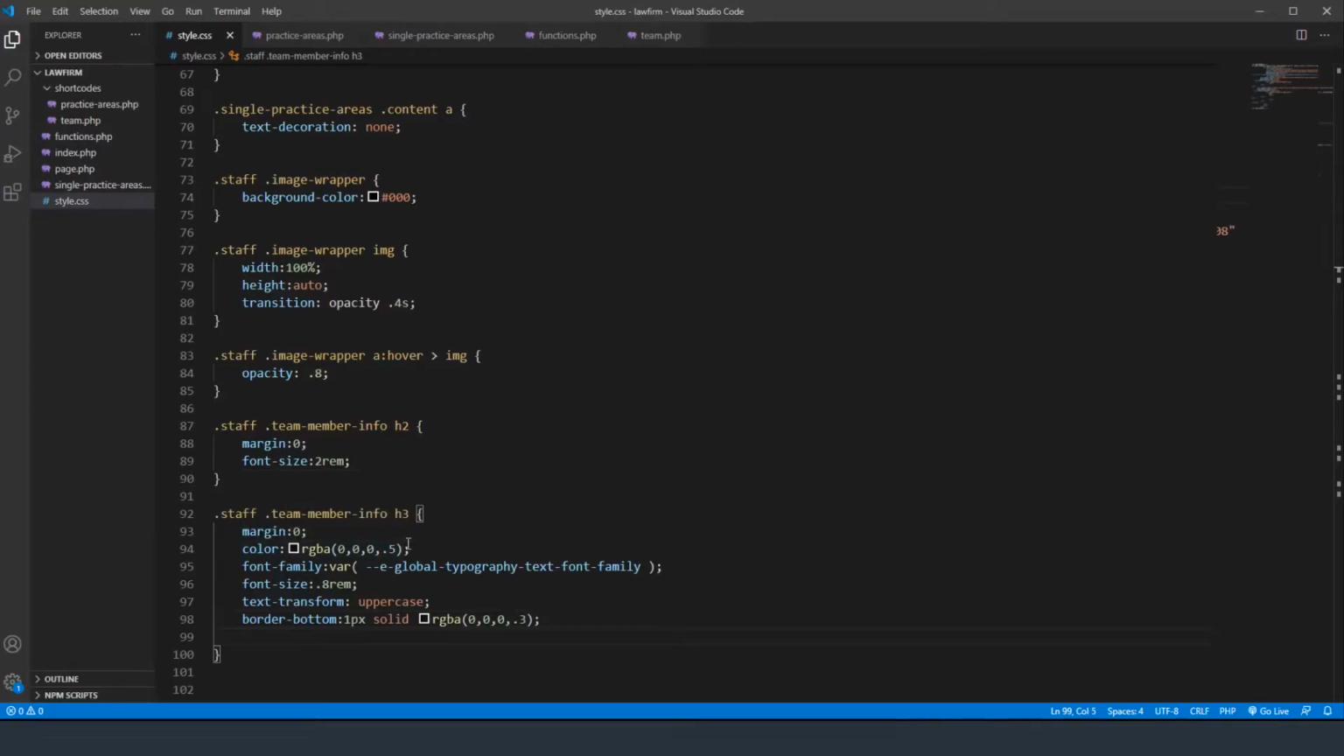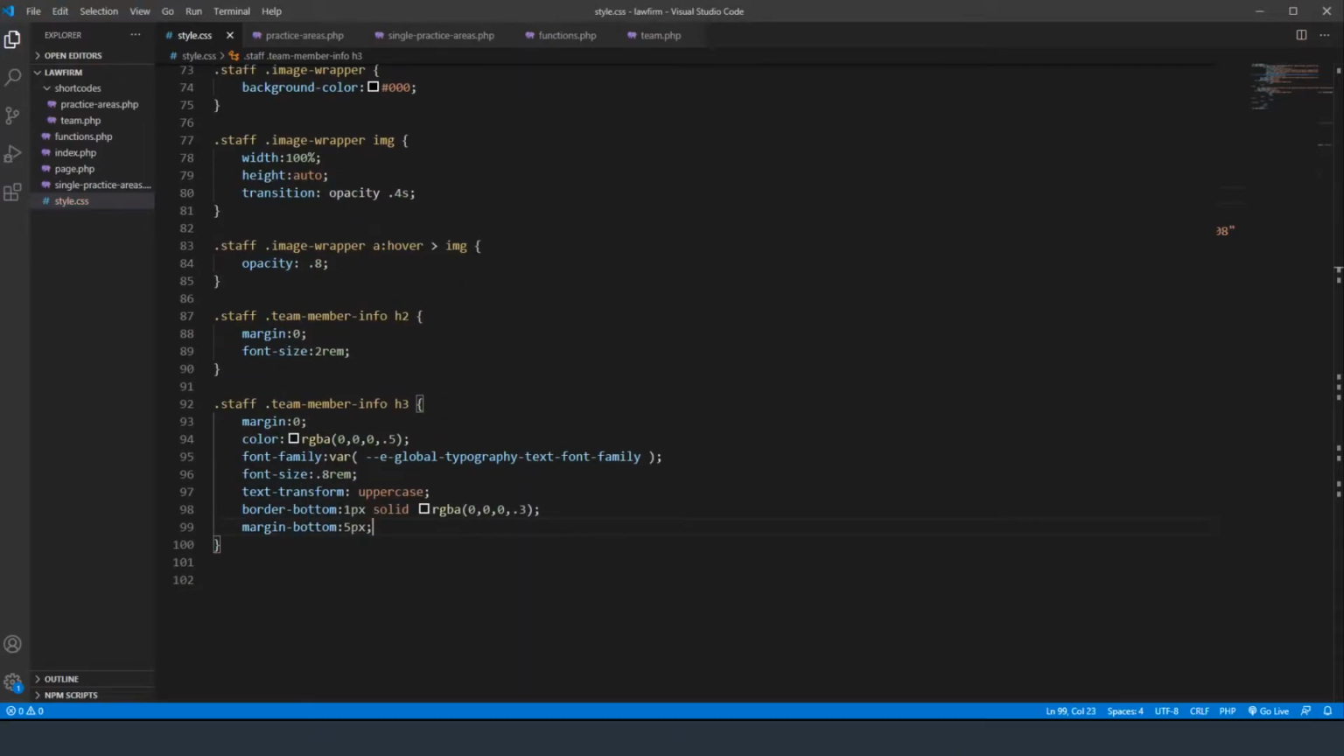And then let's add a margin to the bottom. Margin-bottom, and let's just do like 5 pixels. Okay, so I think